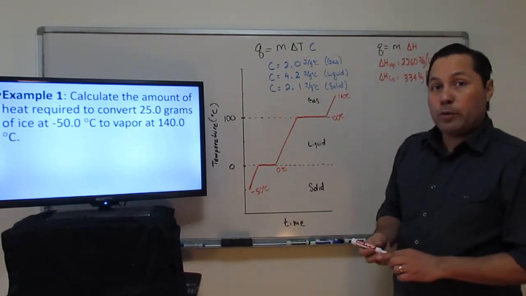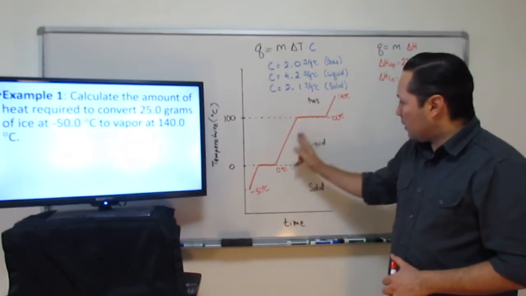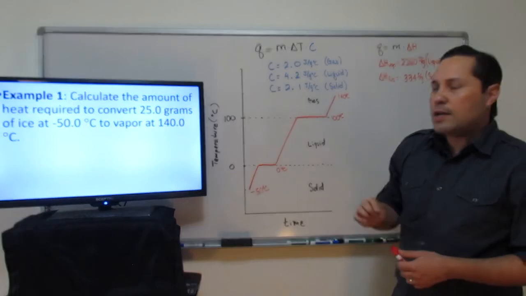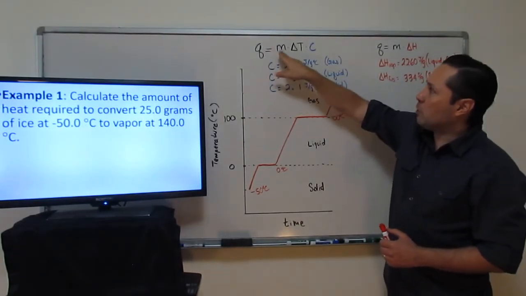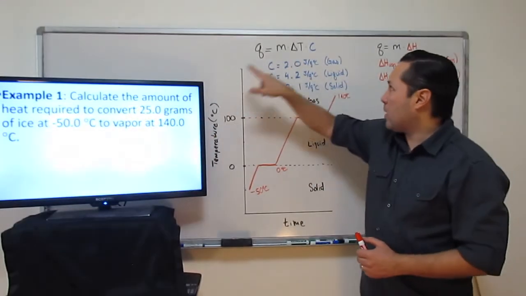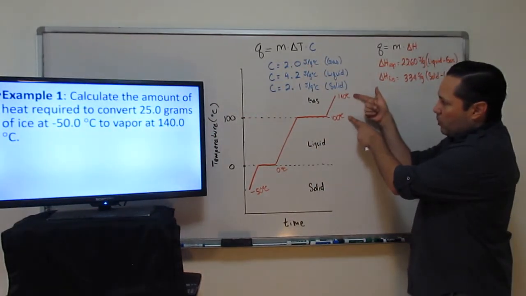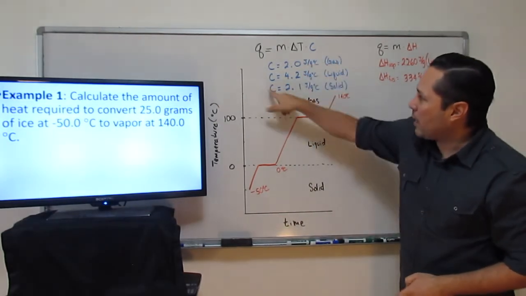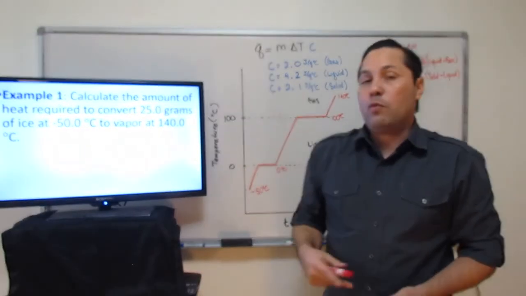Next, which formula should we use? We got two formulas. For lines going up and down like here, there, and there, we use this formula with a phase change. Now I use a little bit of color coordination. The amount of energy is equal to the mass, which we have is 25 grams, times the change in temperature. I would just subtract the final minus the initial for each one of these sections. And the C, which I have here in blue, refers to the specific heat, in this case of water,